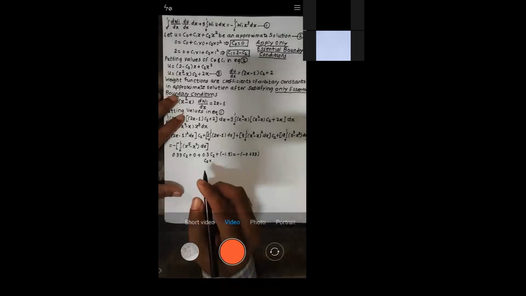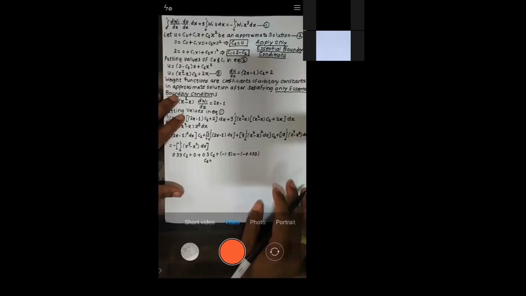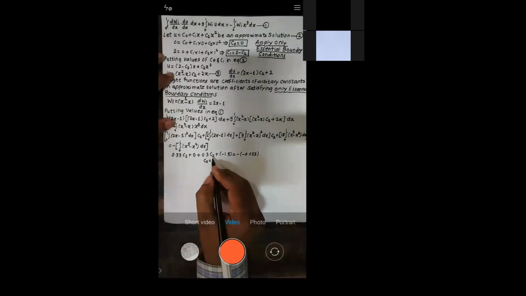0.0991. C2, all of you check. See, I expect from each of you that everybody will get the same answer. C2, tell me the value of C2. 2.43 sir. 2.43.